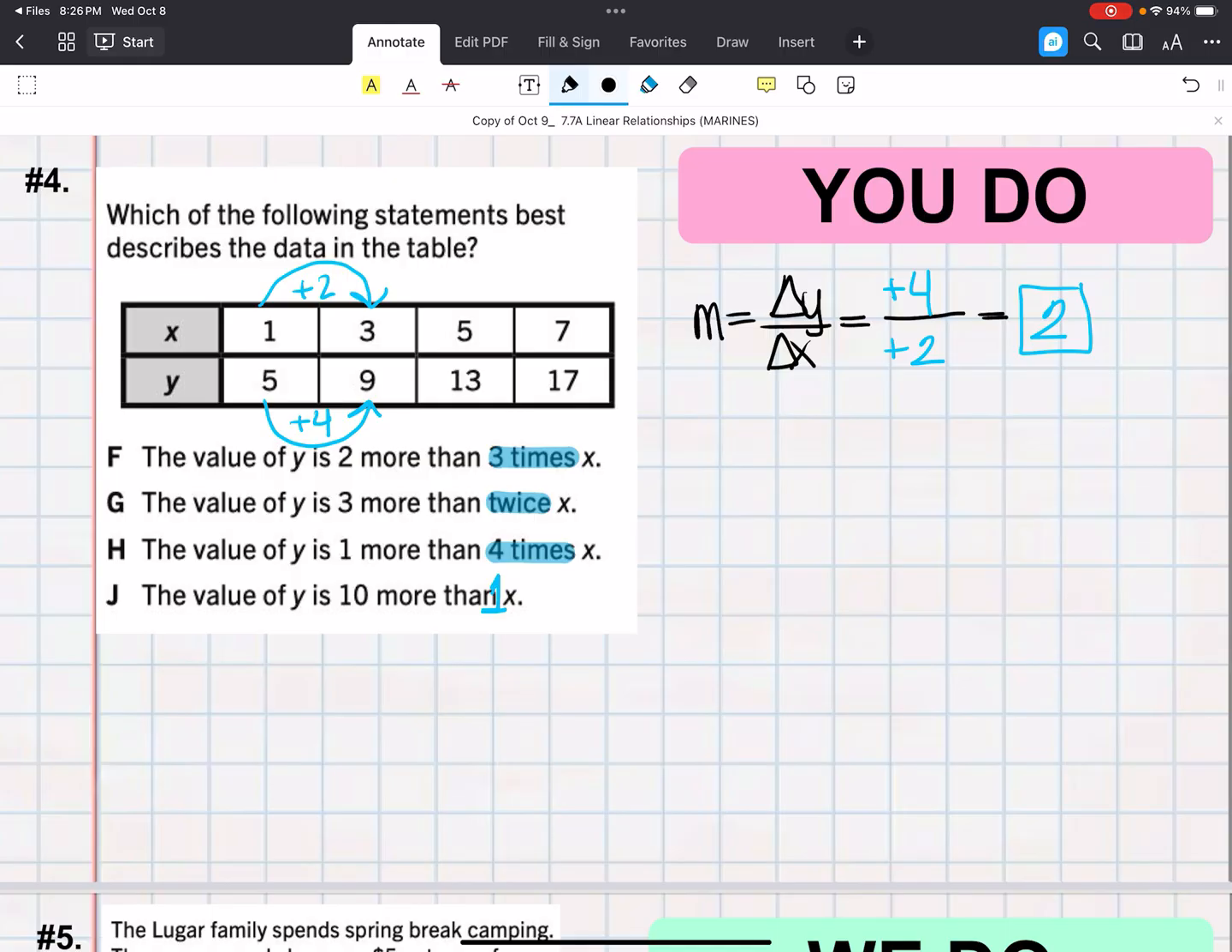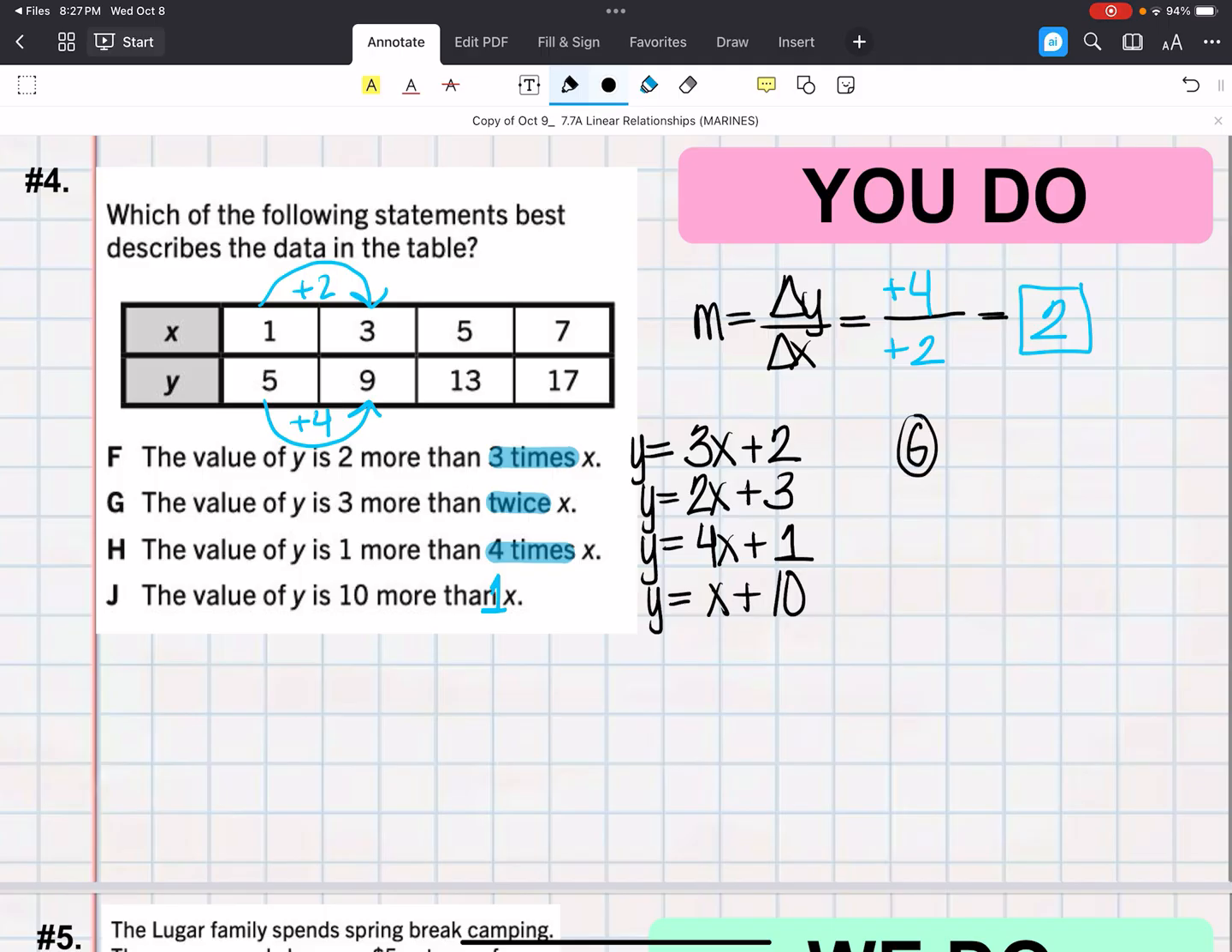F is telling you that the value is 2 more than 3 times x, which means 3 times x plus 2. G is where we have the twice, which means 2 times x plus 3 more. H, 4 times x plus 1 more. J is just the 10 more than x. So remember how you can even convert your word problems to the equations and see if they match up with your table. And because we're saying that it's G,